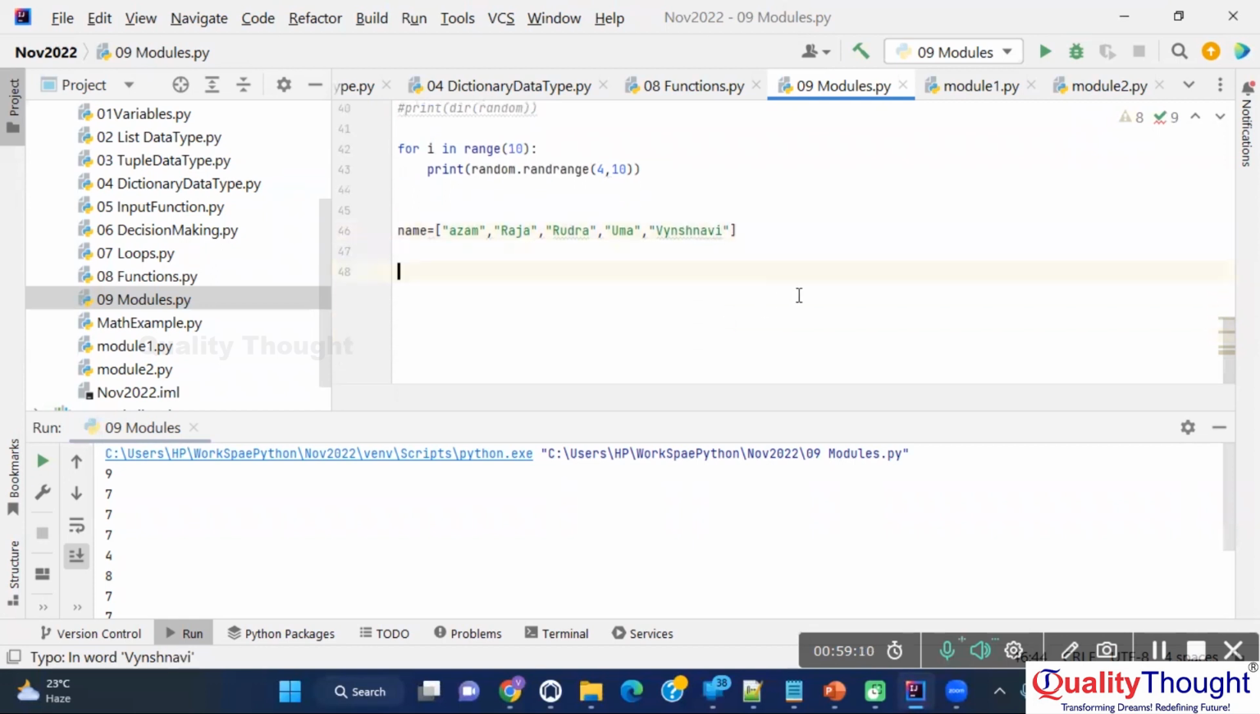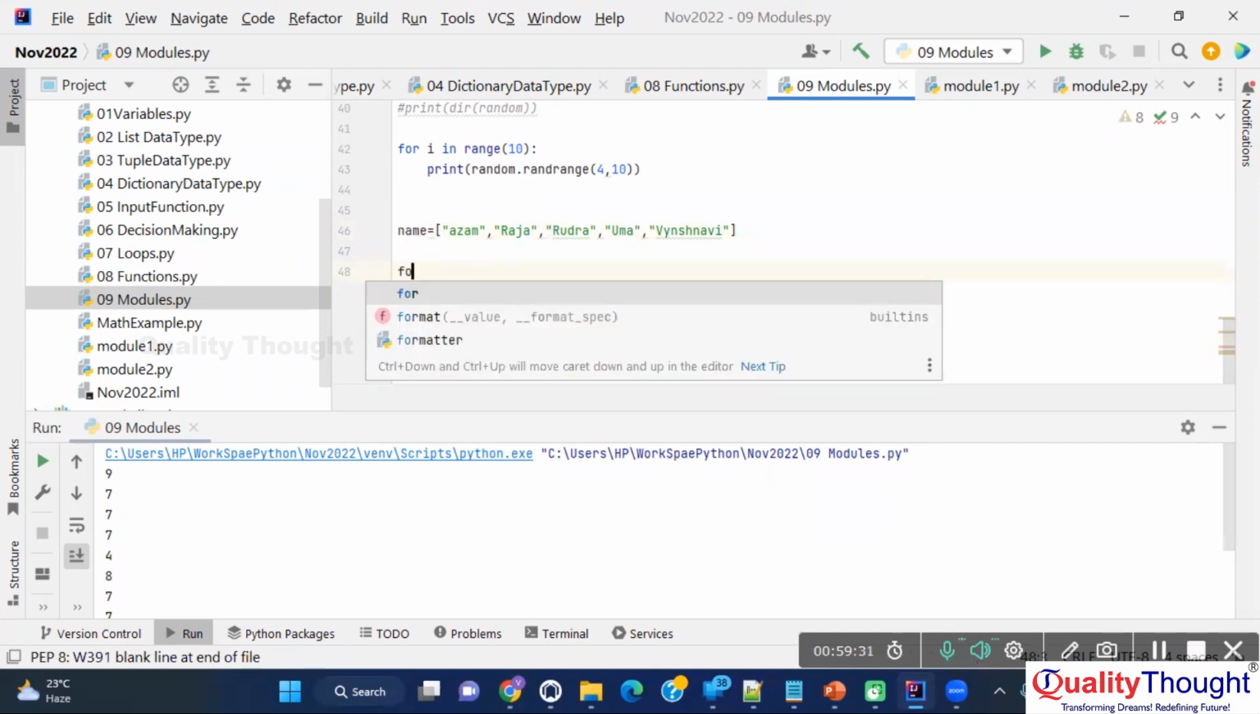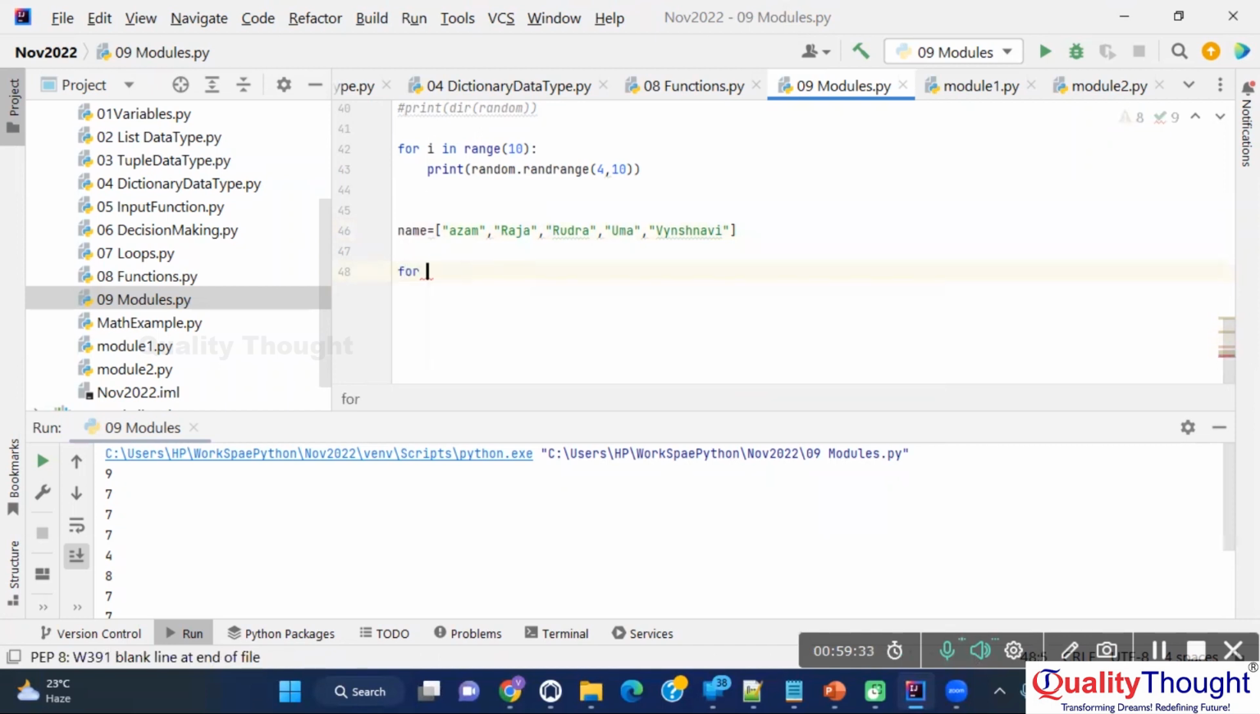Okay, like this, I've taken a list. Now every time I want to pick a value, it can be any one of the values. Let's say a list of 4 numbers. I want to pick 2 values from this list, or 3 values. I'm using a for loop, for i in range of 3. I want to pick